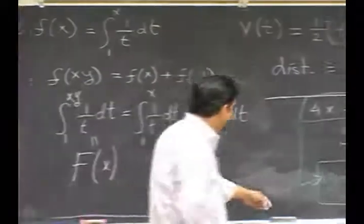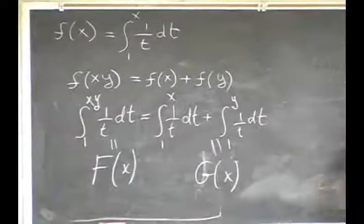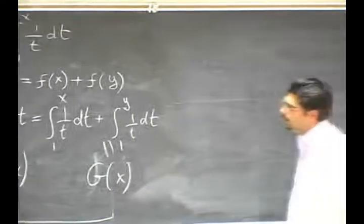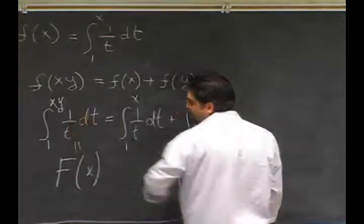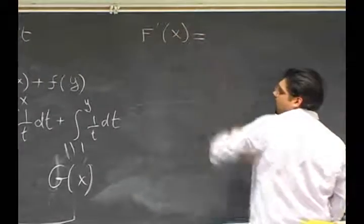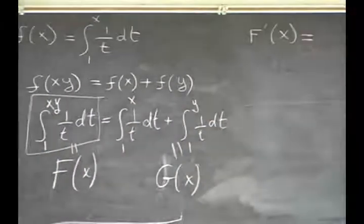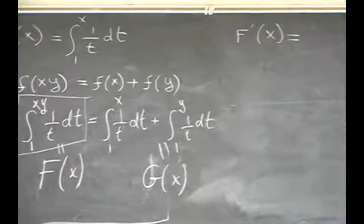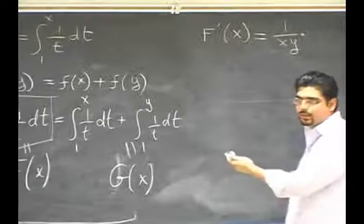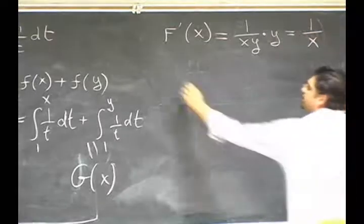Yes? So if that's what F is, and remember, F is a function of x here, so y is just a constant. Similarly here. So f prime of x equals the derivative of this. This is a very easy integral to take the derivative of. Treat y as a constant. The derivative of that will be 1 over xy times the derivative of xy, which is y. What is that equal to? 1 over x. Now the derivative of g,